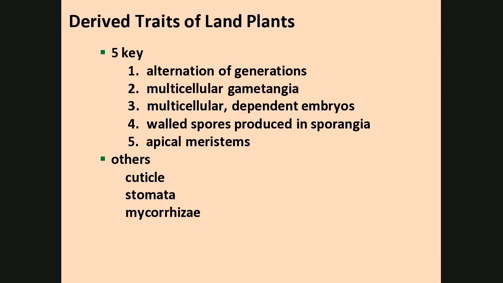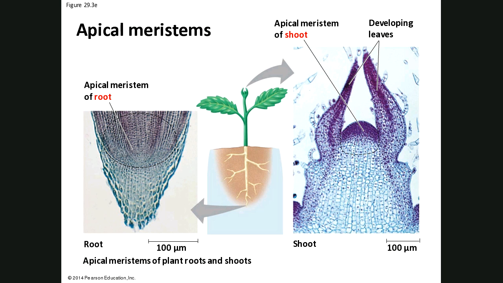This would be an example of a synapomorphy, by the way, right? A synapomorphy, a derived trait, is the fact of these things called apical meristems. All right, now apical, we talked about an apical complex in the alveolates the other day. That was at the tip. I said apex or apical is the tip. And plants have two of those tips. They have one at the top, which is called the shoot on the right, and they have one at the bottom, which is called the root.